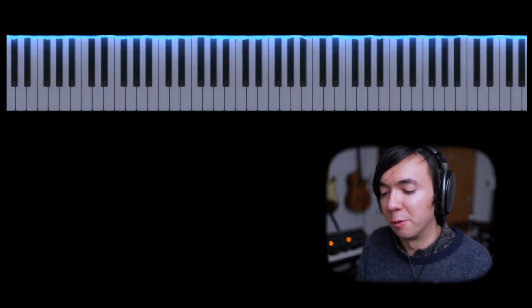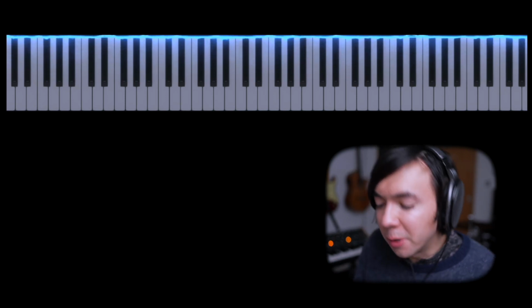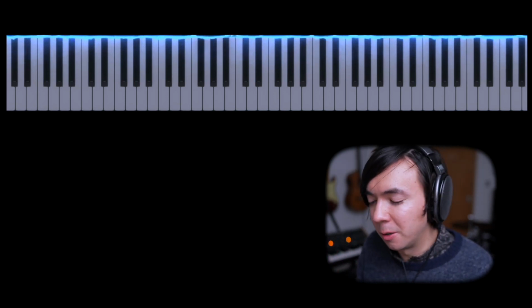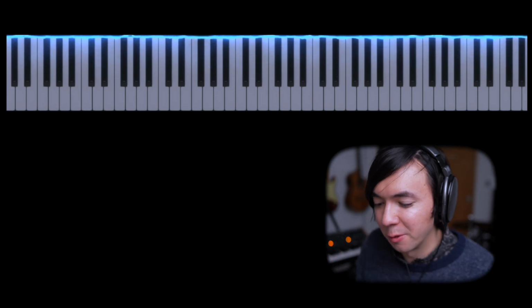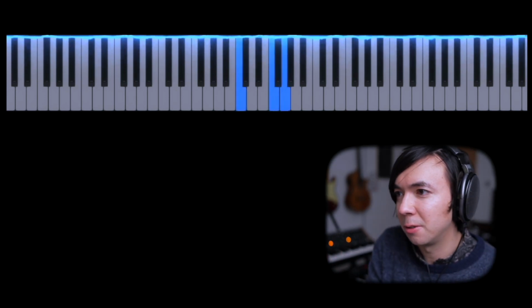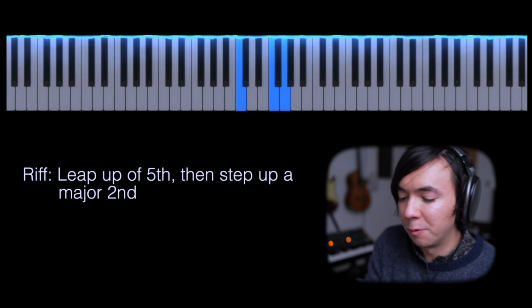And the result is, with a modal sequence, you end up with a colourful array of various different sounding things that emerge from this interplay between the mode and the shape. Let's look at some more examples of parallel sequences so you can get more of a sense of the overall sound of these things. Generally, to me, they sound much cleaner because you just have that exactness of the repetition. So let's take this idea and move it around in parallel.